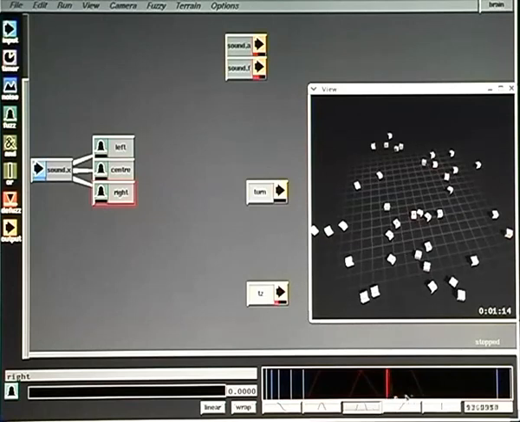And then right: 120, 90, 0. And this one